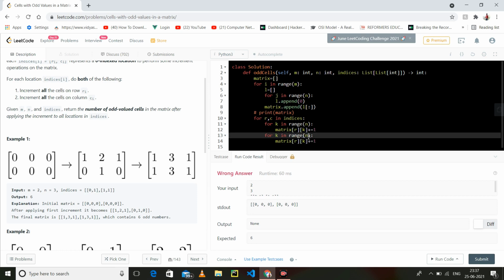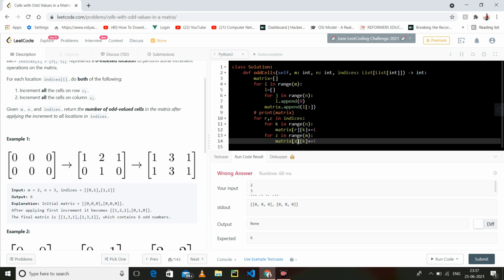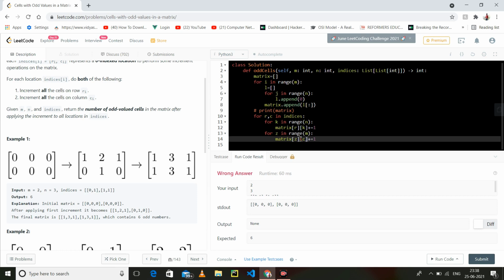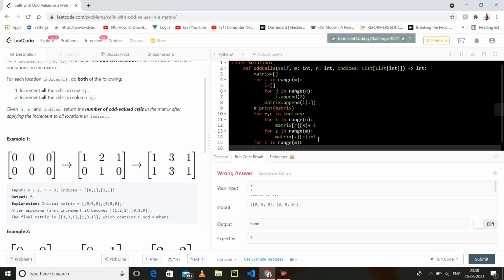We will take it as z, and our loop will run over m. What is m? M is row, so it is column. Column z and k.